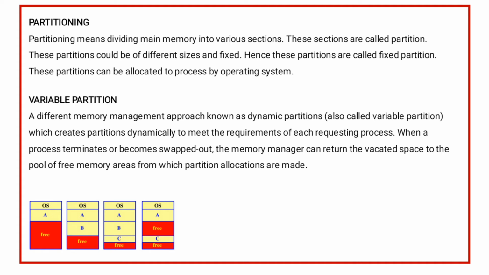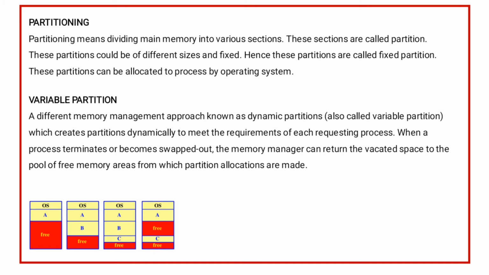Now, for example, a memory of 32 kilobyte words might be divided into regions as follows. The first is resident monitor, 10 kilobytes. Very small jobs, 4 kilobytes. Average jobs, 6 kilobytes. Large jobs, 12 kilobytes. Now all this memory is divided into different regions, and this is the best example of partition.